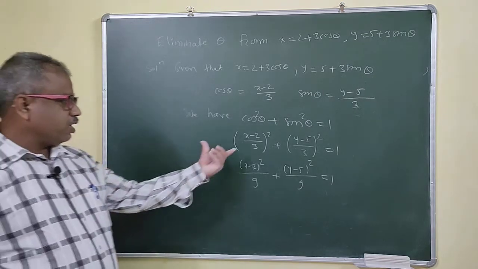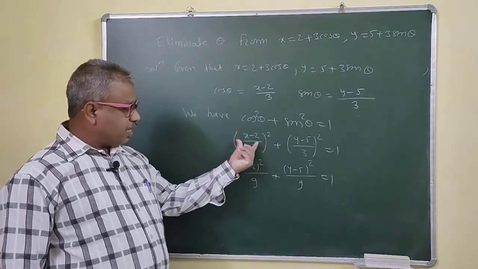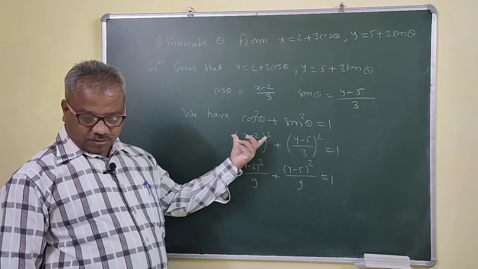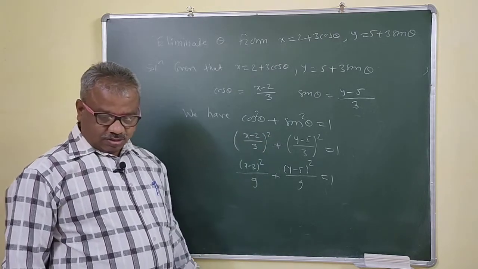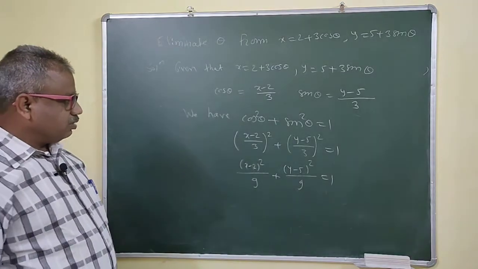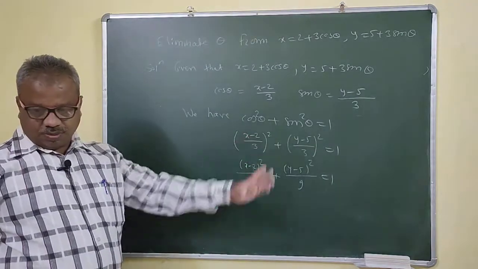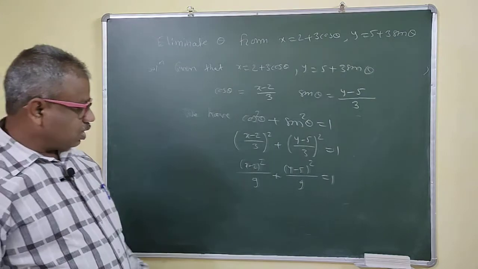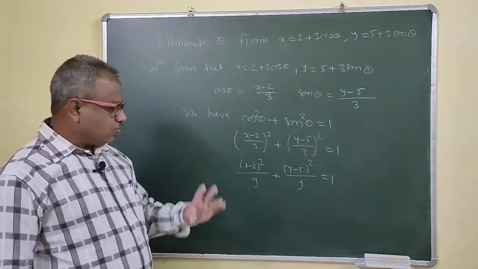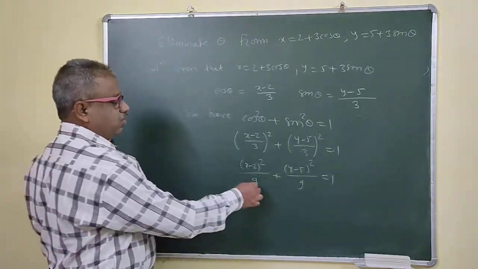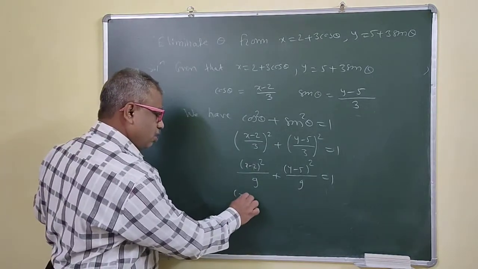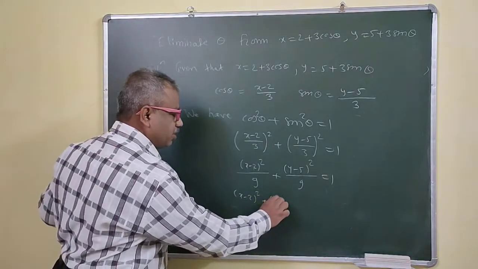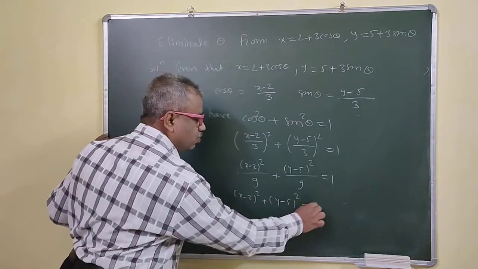So now, you have to write brackets, right? Don't simply write x minus 2 upon 3 square. Write in bracket, (x minus 2) upon 3, write in bracket. Otherwise it will be meaningless. It is only the square of 2 then. So you may keep it as it is, or if you want to simplify, you can simplify. You can multiply by 9. For our knowledge, we will simplify this. Actually, no need to simplify this.